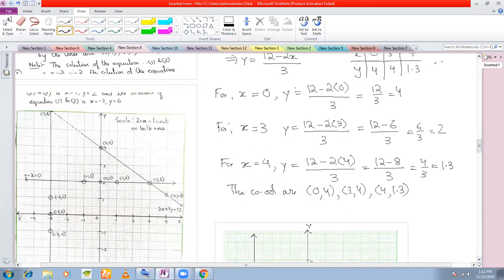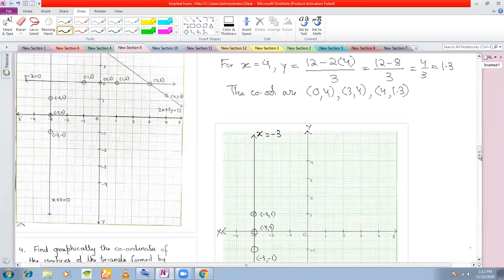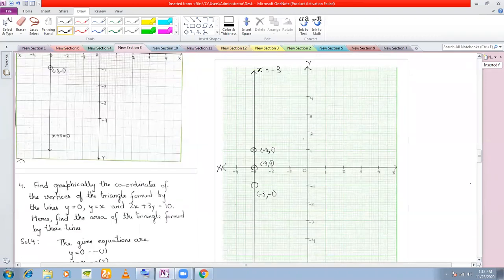So let us write x is equal to minus 3. I'll explain why I am writing x is equal to minus 3 here. So this straight line x is equal to minus 3 is perpendicular to the x-axis and parallel to the y-axis. Also what you see is that this distance here is 3 units,